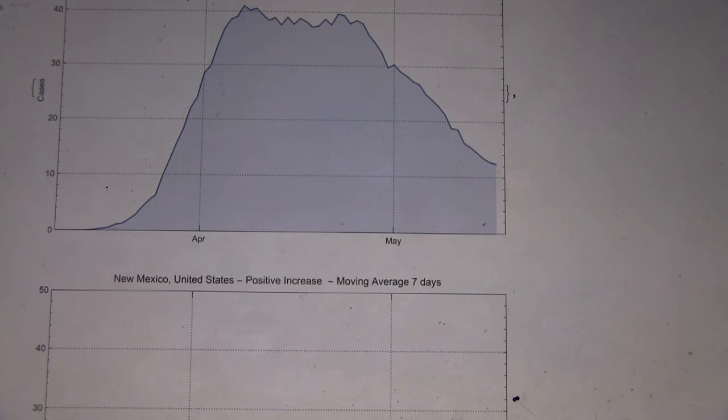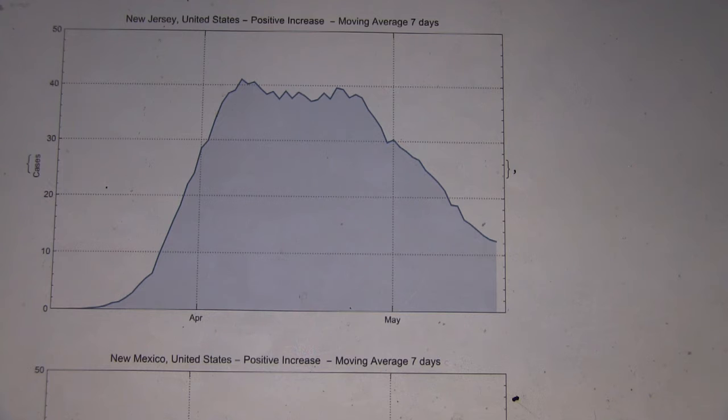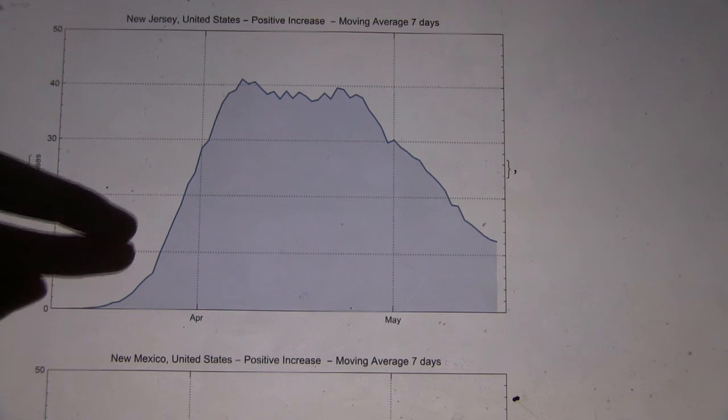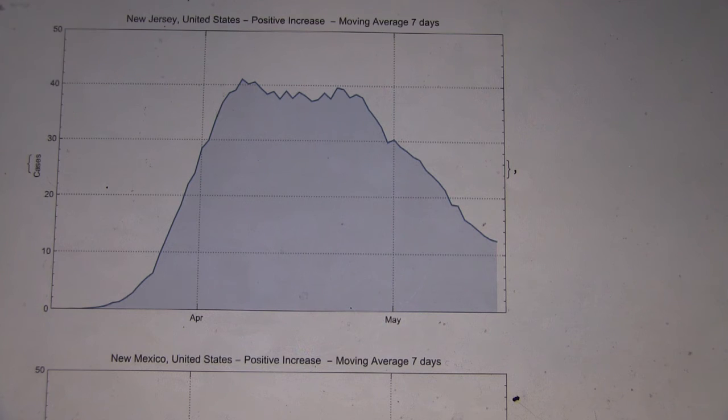We have New Jersey. And bring that down a little. Yeah, that's fine. Okay. So here the period of growth started very early and climbed, stopped a little after the beginning of April, and just stayed stagnant for a bit. At the top of this curve, it looked like the top of the curve got chopped off, and then it continues down the other side normally, which is a little bit strange.